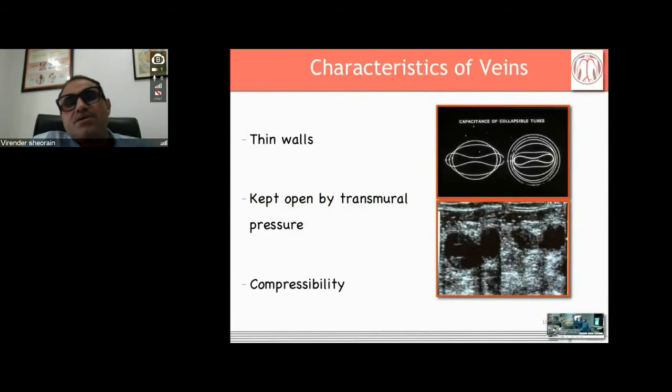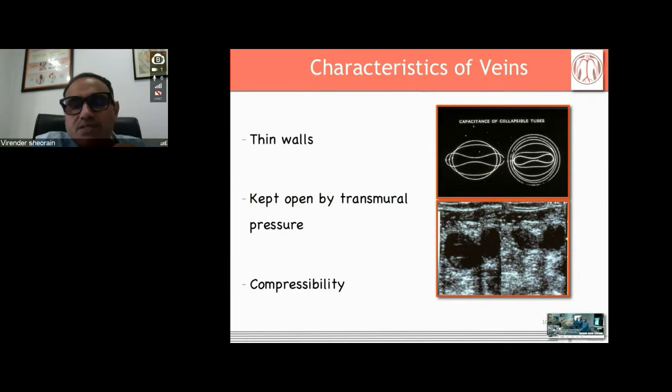This is the slide showing the characteristics of the vein on ultrasound. The normal veins are, we all know, thin walled, easily compressible even with the pressure of the probe. So that's why when we do our Doppler, we hold our probe like a pen. We cannot compress it really hard, then you will not be able to see your vein, and you'll keep on searching. So hold like a pen. It's an art basically.